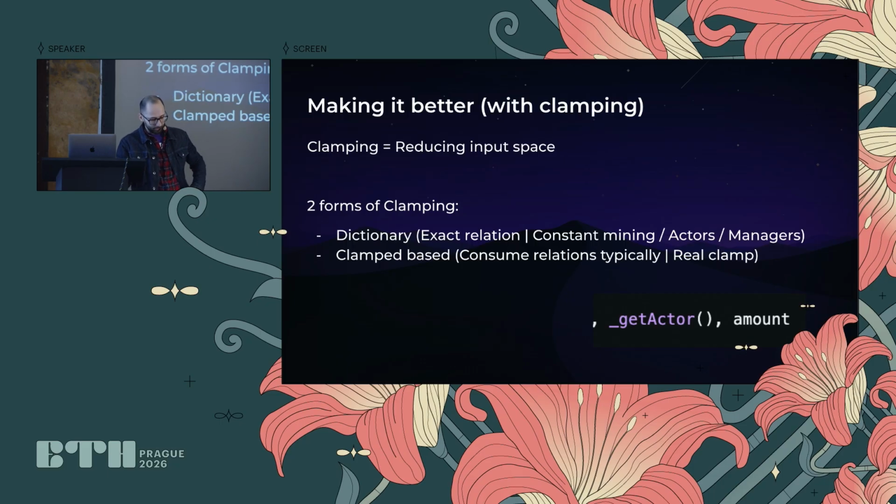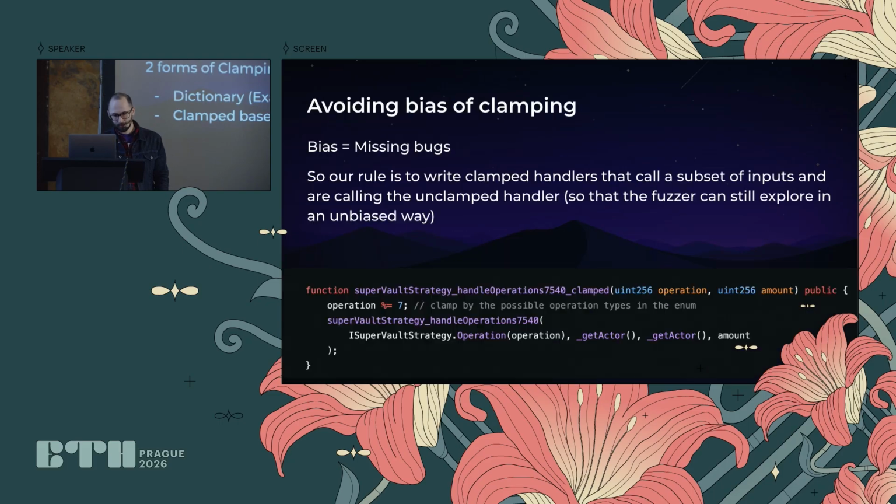But it typically will fall short, and so you can see here we use getActor, which basically is an abstraction that allows us to get the current user that we're using. And then amount, I put it there just to talk about the clamp-based clamping, where if you imagine that the fuzzer is basically a hose that can try every possible combination, then any possible input that uses an amount of tokens that is above the balance is a complete waste of an input. And so clamping fundamentally, when it comes to the consume-based relations, is tied to identifying that and telling the fuzzer